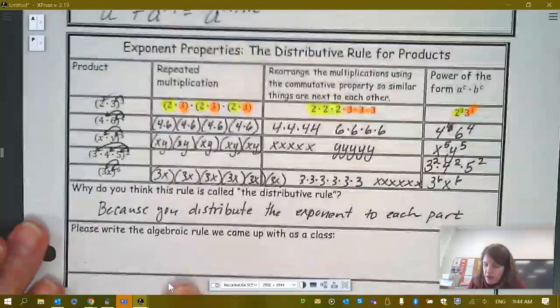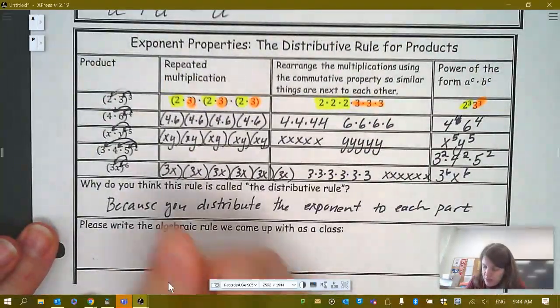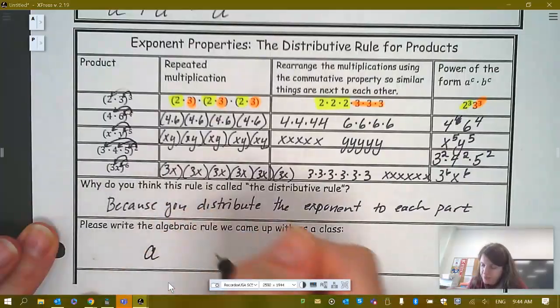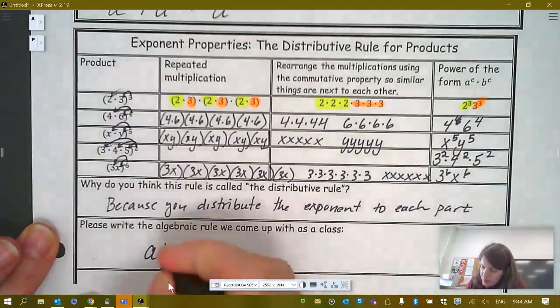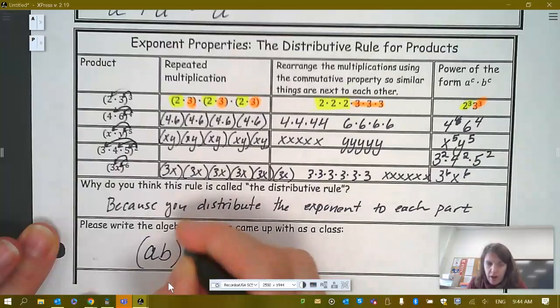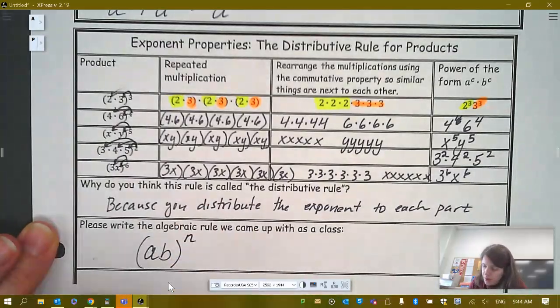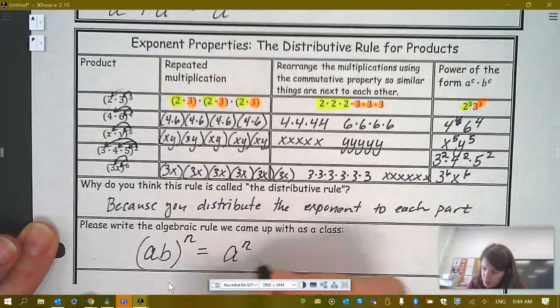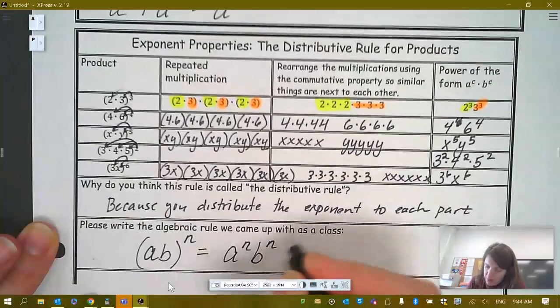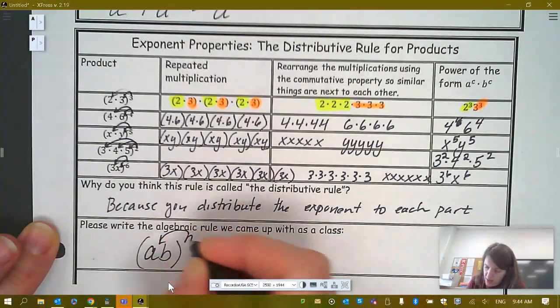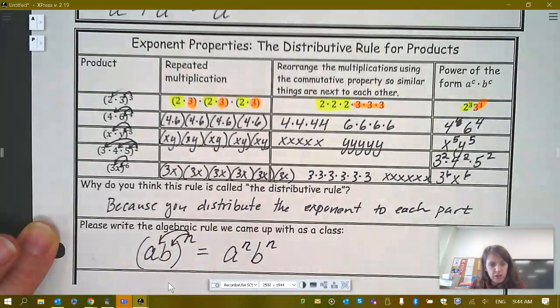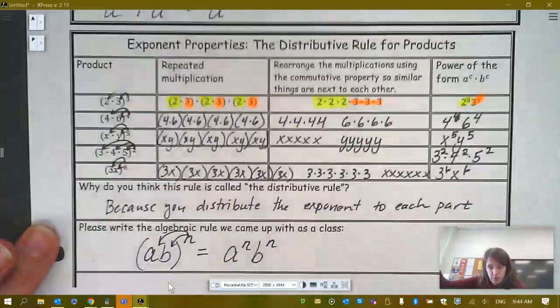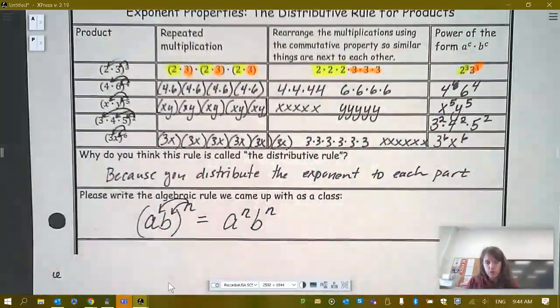All right, so let's come up with an algebraic rule thinking about this. Let's say we have A and we have B, right, to the n power. Well, that is equal to A to the n power times B to the n power. Because think, we took the A and we gave it n power, and we took the B and we gave it n power. And so we can distribute exponents as well. So hopefully